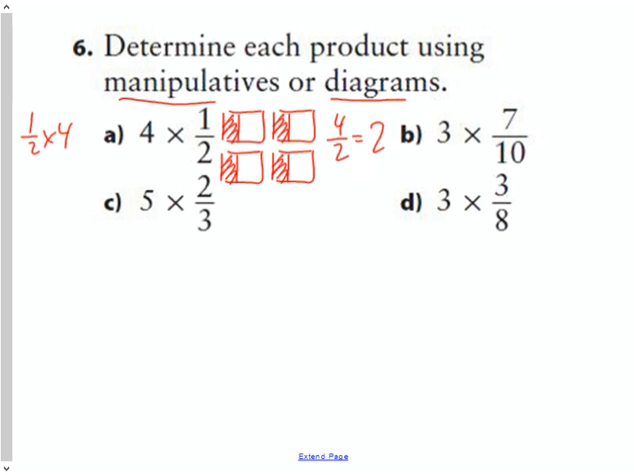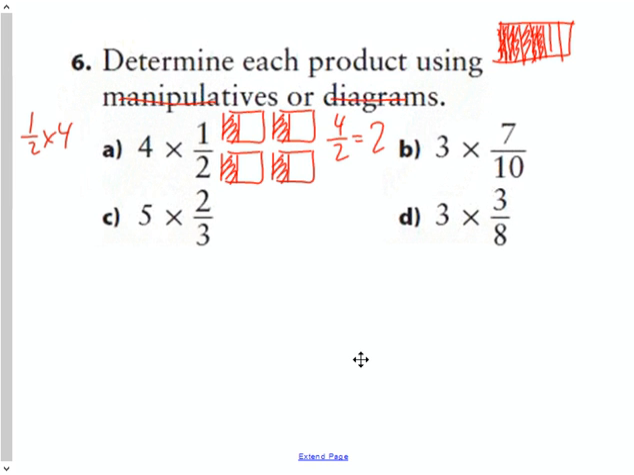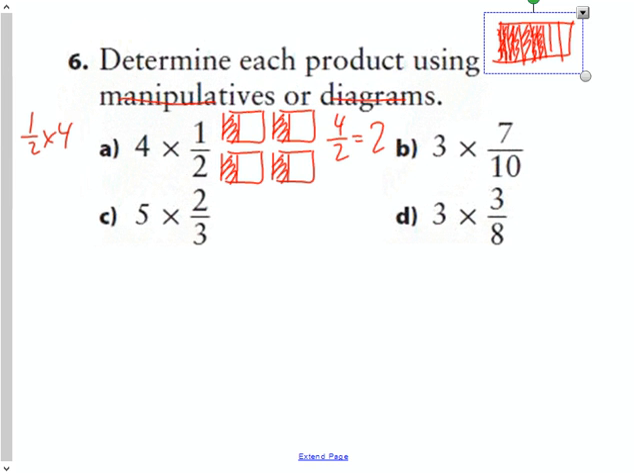In the second question, if I was to take 7/10, cut it in half and then go 1, 2, 3, 4, 1, 2, 3, 4, there's tenths. 1/10, 2/10, 3/10, 4/10, 5/10, 6/10. There's 7/10 as a picture. If I was to take this